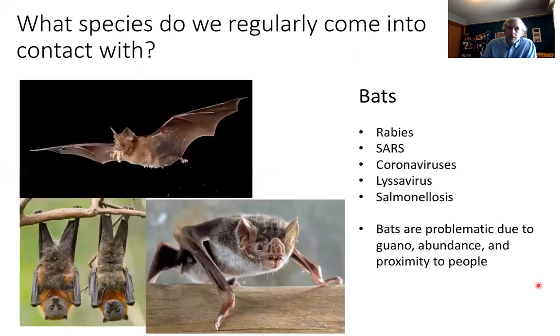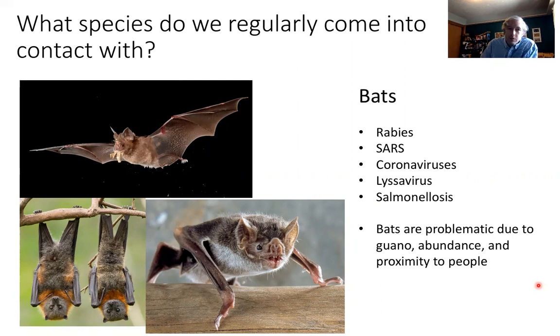Other species we come into contact with that we might not think about so much are bats. Bats carry a whole bunch of diseases, including rabies, a whole suite of coronaviruses, which include SARS, lyssavirus, and salmonella. Bats themselves, and we'll talk about this in a bit more detail now, are problematic due to a reason we wouldn't think about for rodents, which is their guano, their flying. So while rodents can do little poops and leave them on the floor in certain places,